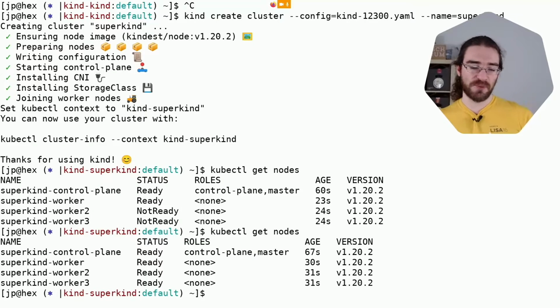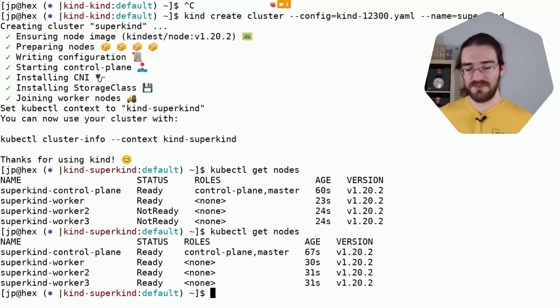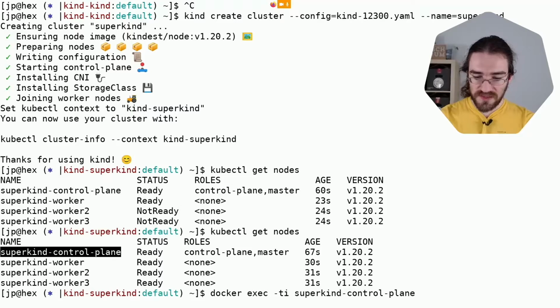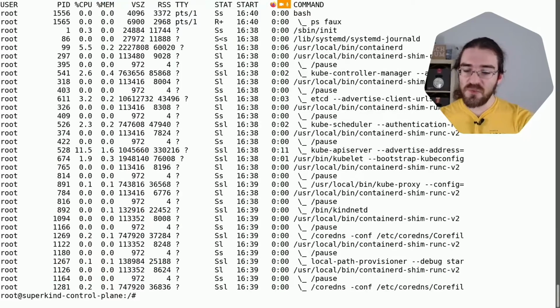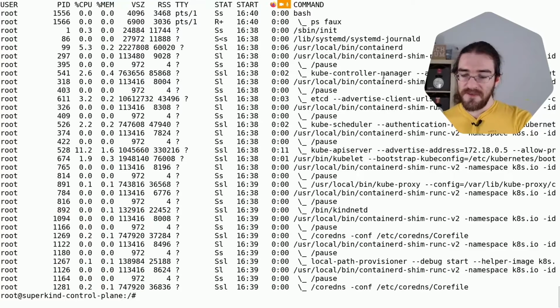If you're the kind of person who likes to go and see what's happening behind the scenes, under the hood, or whatever, we can enter this container. Like I can do some Docker exec. For instance, let's go in that control plane node here, give me a shell, and we can see what's running in there. We can see that there is containerd, and we are going to see there the API server,